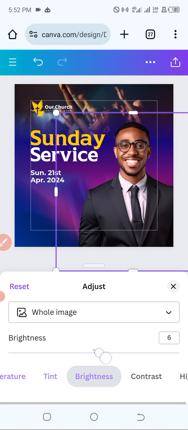I like to add some brightness to it. Let's just, okay, and not too much. 12 is good. Then